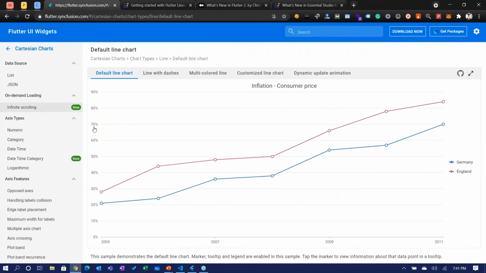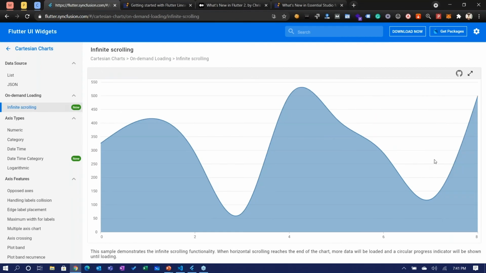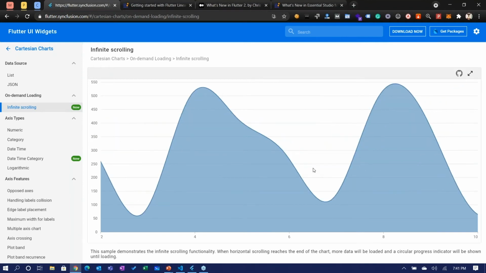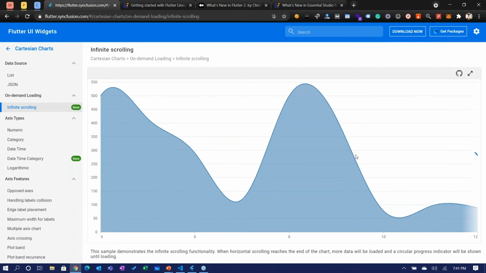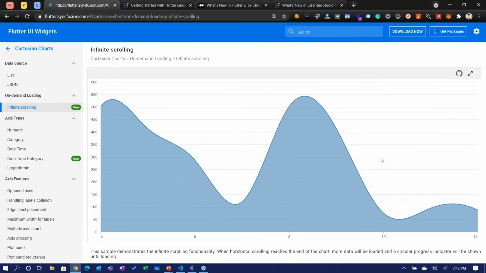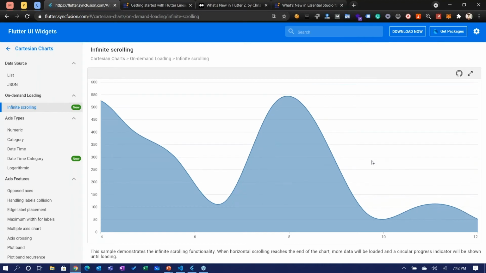This is called infinite scrolling. Whenever I want certain data, all I have to do is just grab it so that it will load on demand. Whenever it is needed, then that is loaded here. Similarly, we also have auto scrolling.